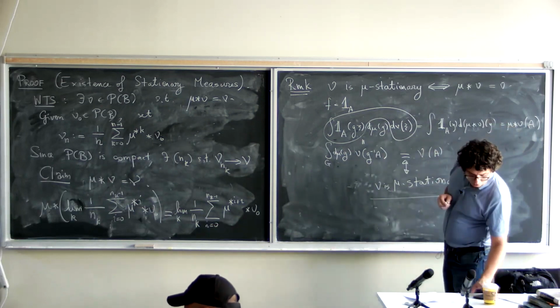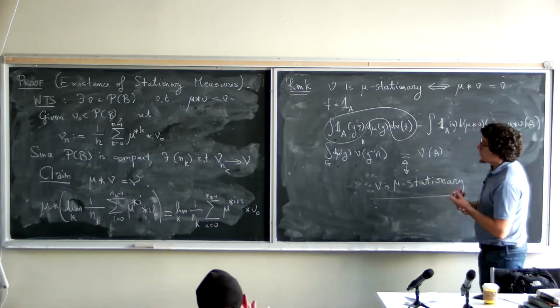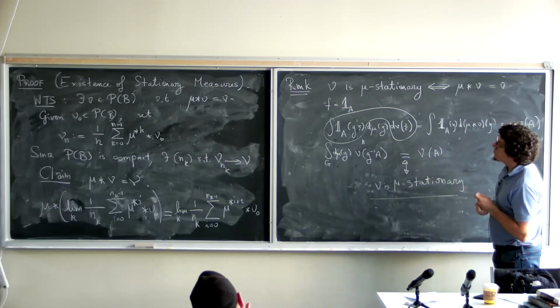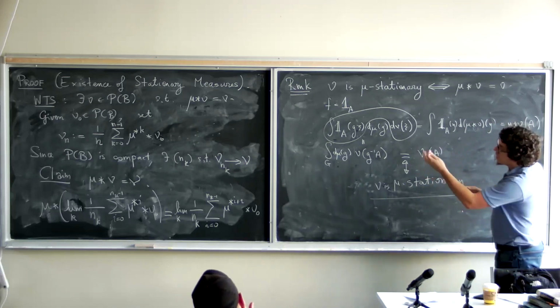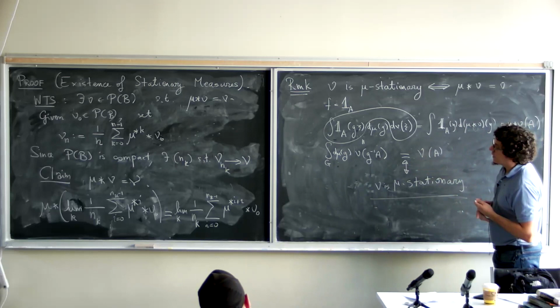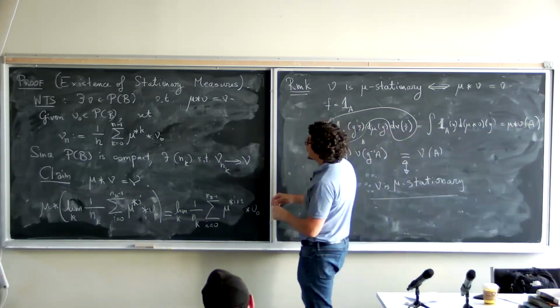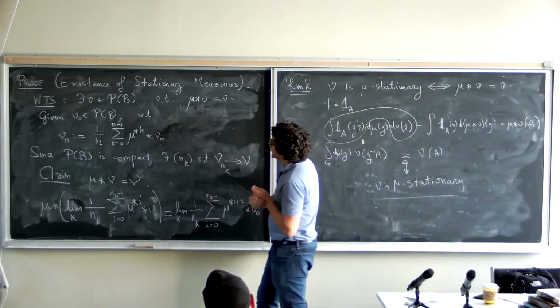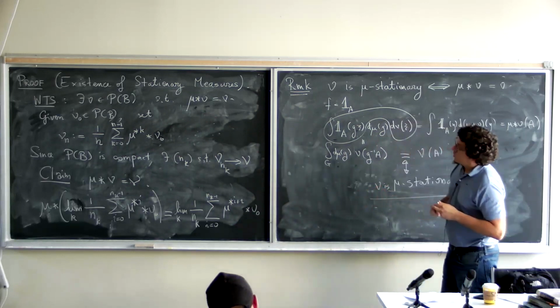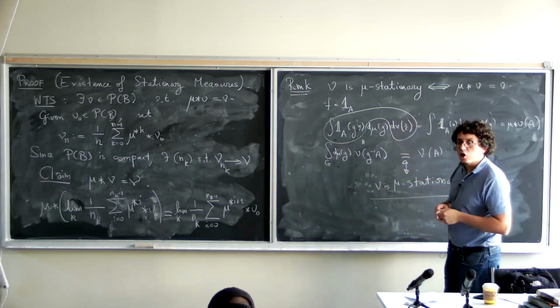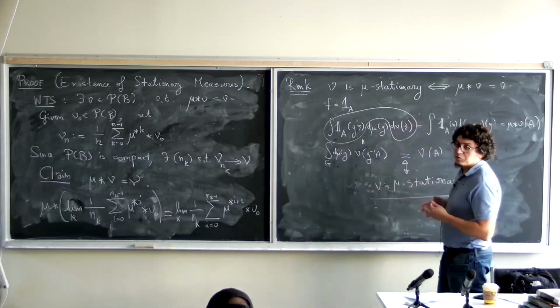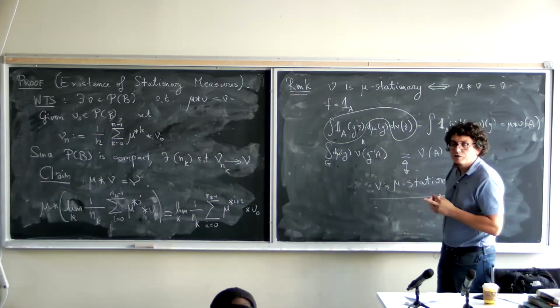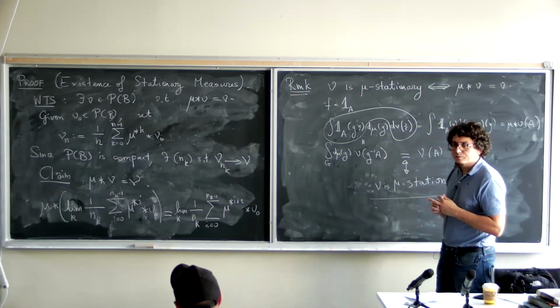Okay, maybe we don't want to rush it because we're out of time. So I'll finish this step, which anyway is more or less a standard way you prove fixed point theorems for operators that preserve a compact subspace. In fact, this is a special case of the Schauder-Tikhonov fixed point theorem.